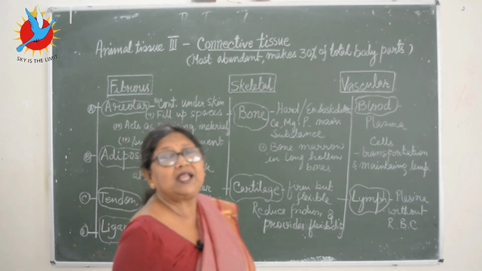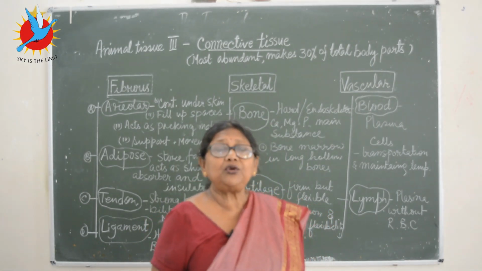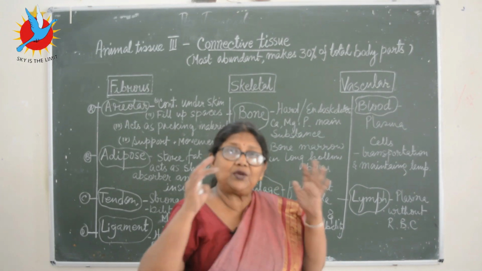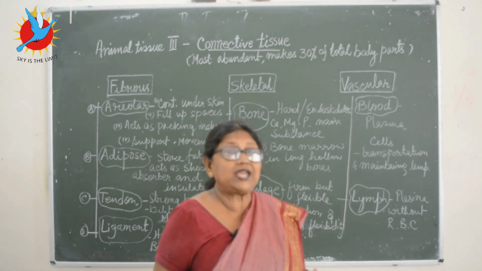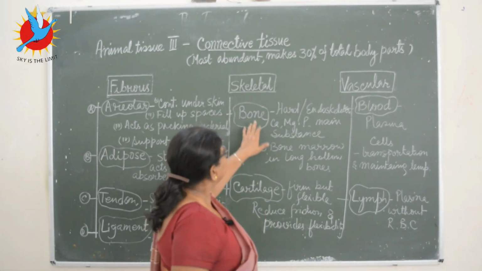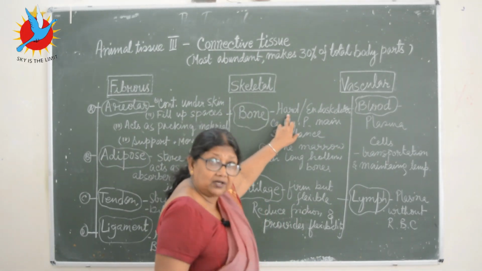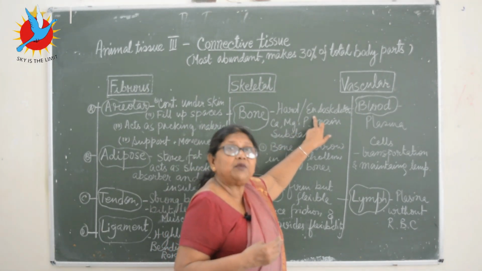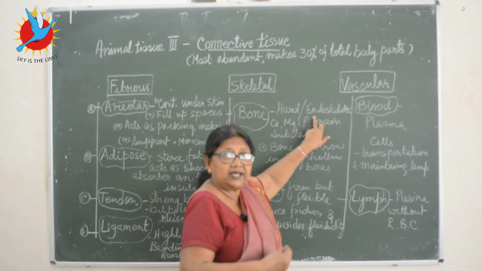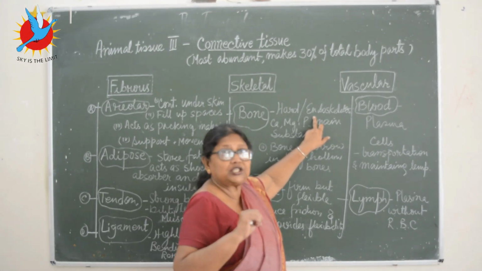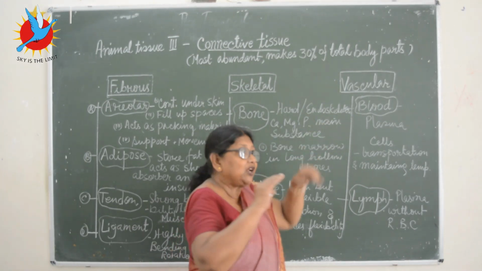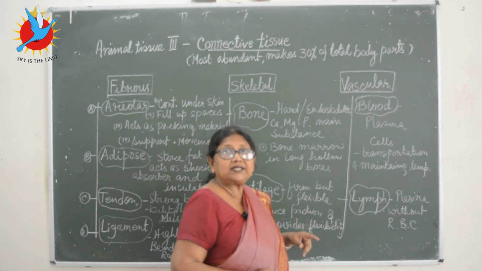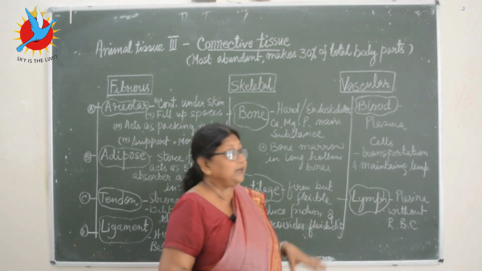From the name only you can make out the bone. What does it do? It provides the skeleton. The skeleton inside will support the body and give us the shape of the body. You know bone is hard, and why is it called endoskeleton? Because the skeleton is inside. Like the fish, fishes have the scales, but because that is above the skin, the scales are called the exoskeleton. So endoskeleton means the skeleton which is inside the body.